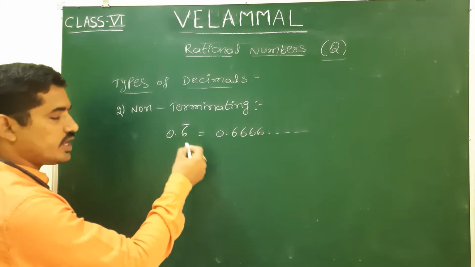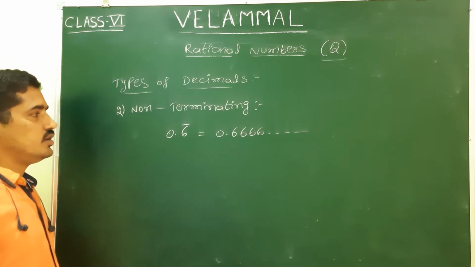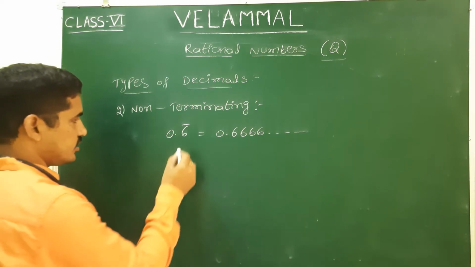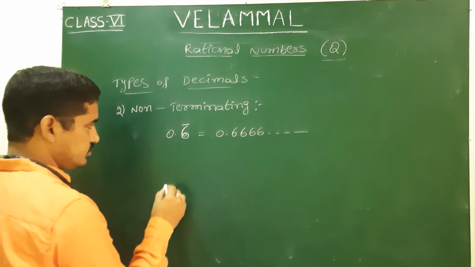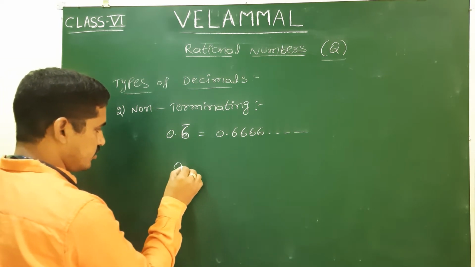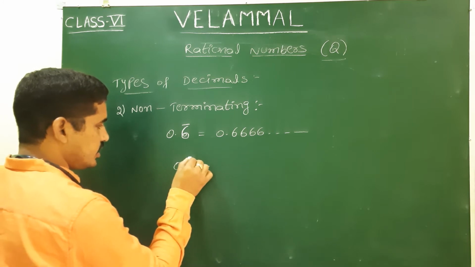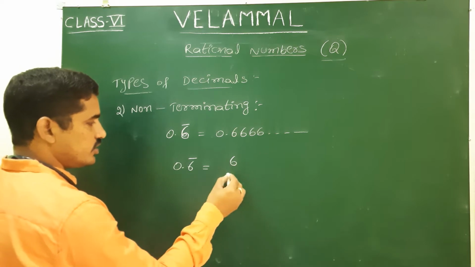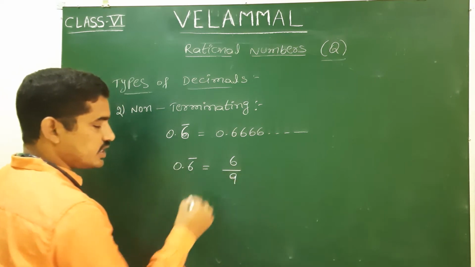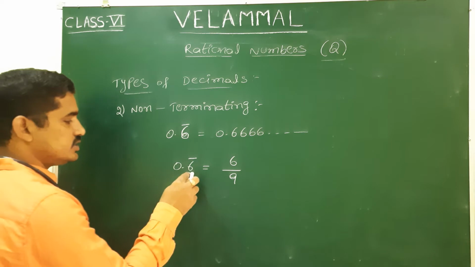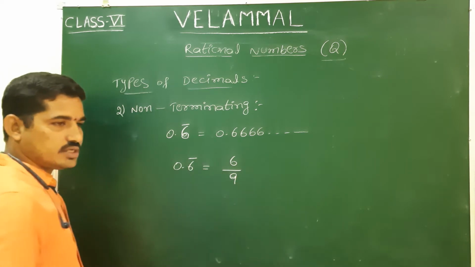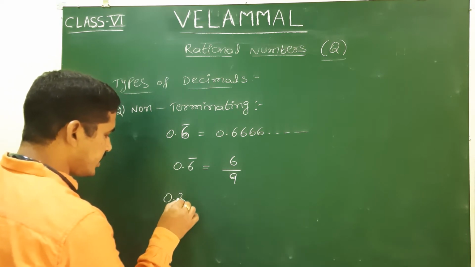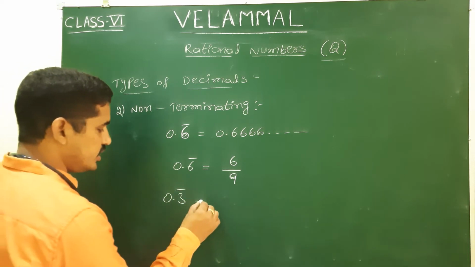So now how can we express this in terms of a terminating decimal in rational number form? Say here 6 is the repeating number. So for 0.6 bar, the repeated number is 6, so that 6 we need to take in the numerator, and in the denominator we take 9. Then 0.6 bar is nothing but 6 by 9. The same way, for example, 0.3 bar we are taking,